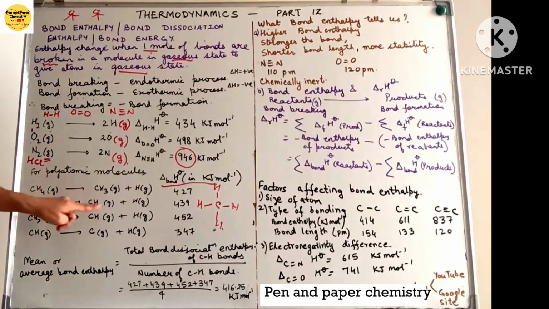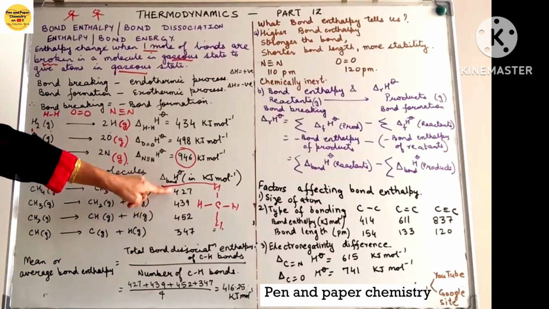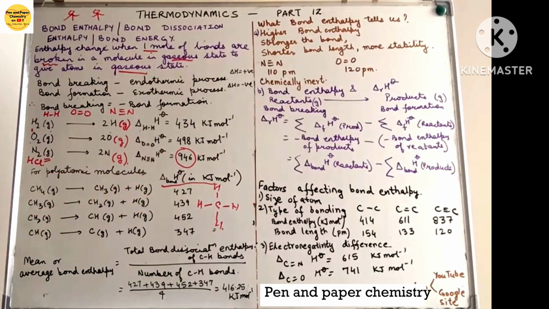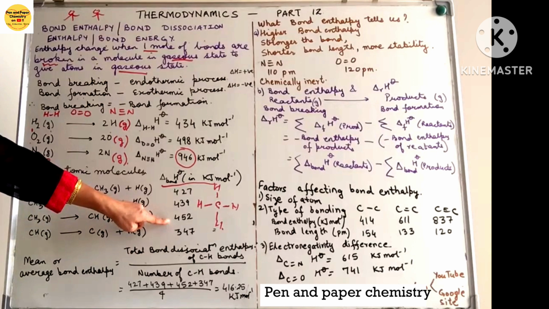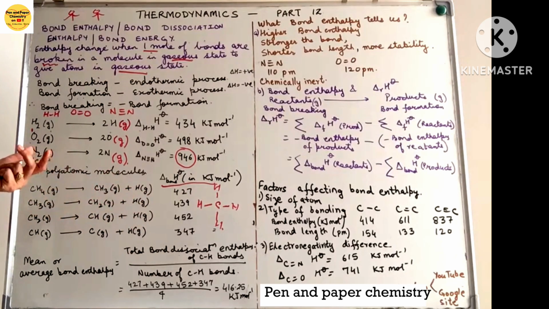The second hydrogen atom breaks down, so we have the second bond enthalpy, that is 439. If you notice, there is a difference in these values. Go on to the removal of the third hydrogen atom, this rises even further. What does this indicate and why is it happening? If you notice over here,